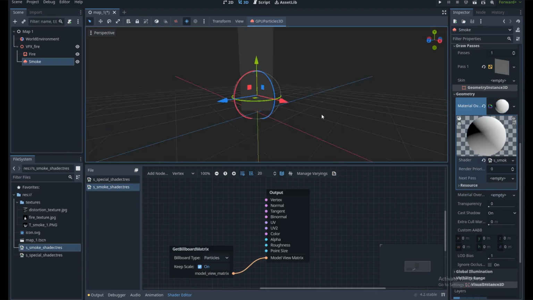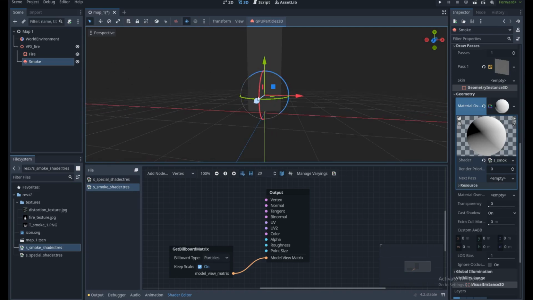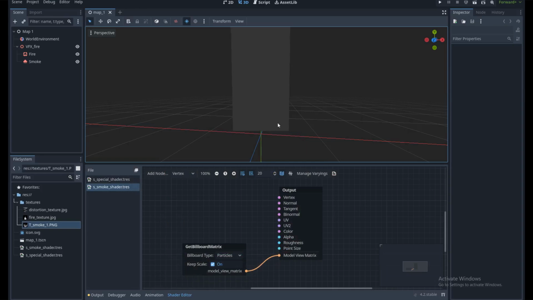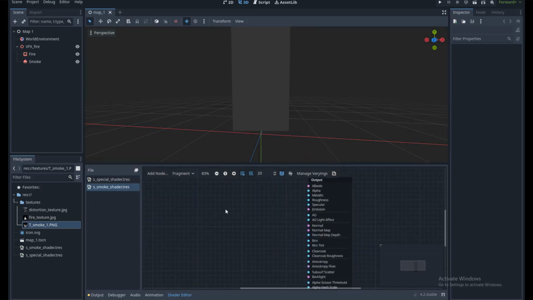So now if we rotate, we can always see the smoke. But now we have a problem. Now this is hiding the fire. We will fix that in a moment. But for now, let's go to the fragment, and I will